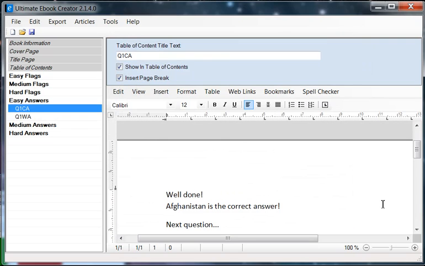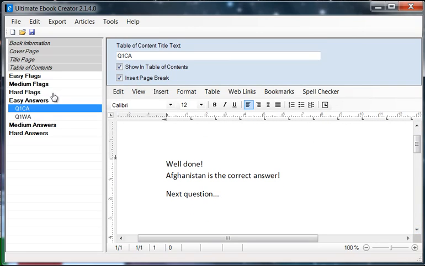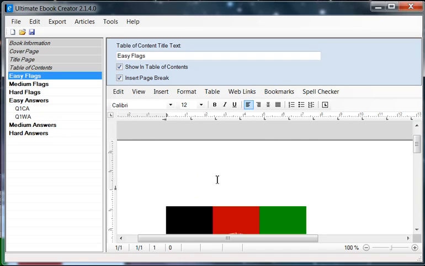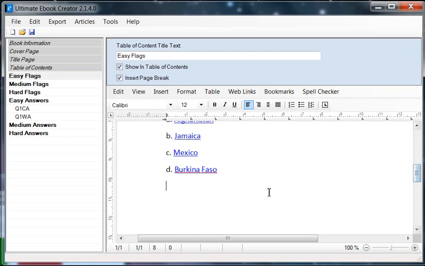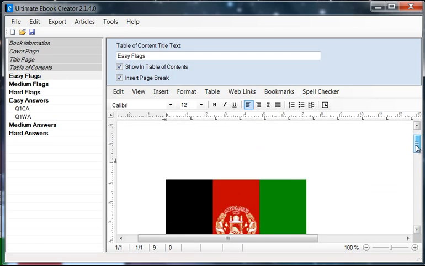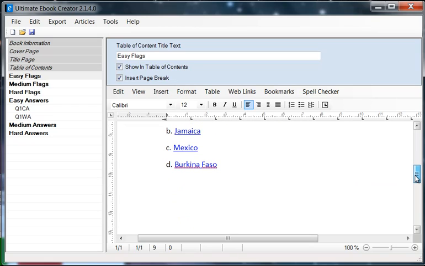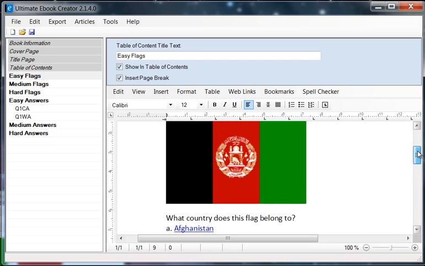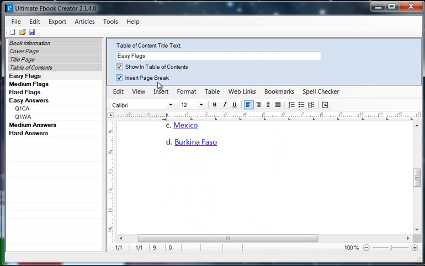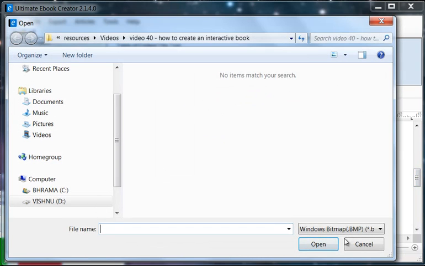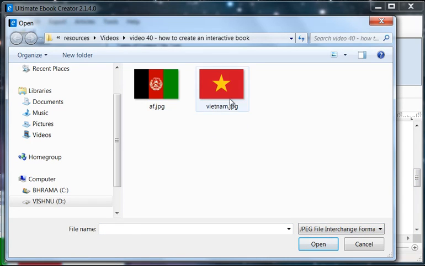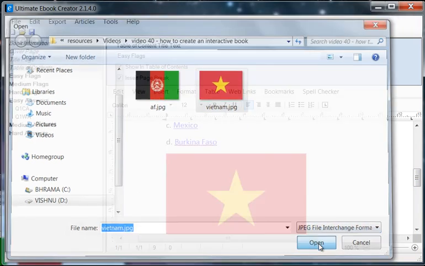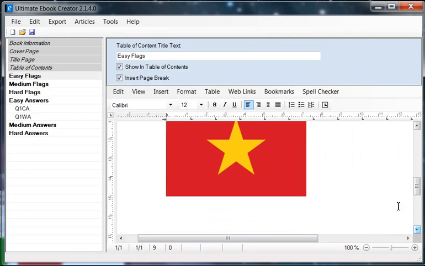Now this one is actually going to the next question, so before we do that we'll have to create the next question. Okay, so in here I'm going to create another question. This is question 2. Now you can have a question on each page by putting a break point here, like a page break, but let's say we just want to carry on. Okay, so what we're going to do is we're going to insert another image here. Alright, we're going to go PNG. This time I'm going to select this Vietnam flag. Alright, and then